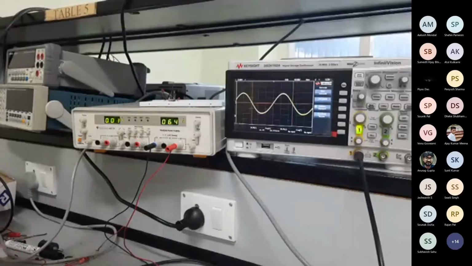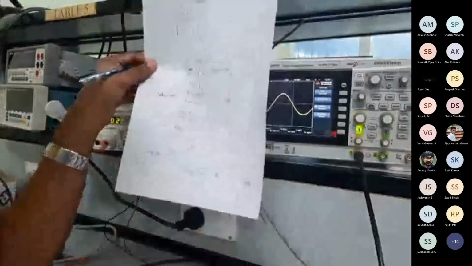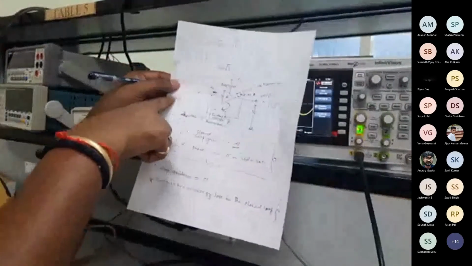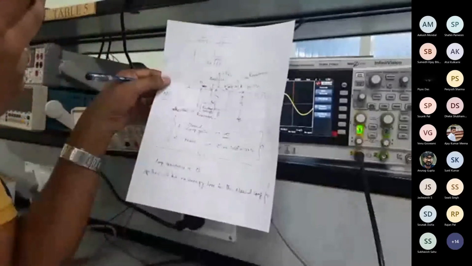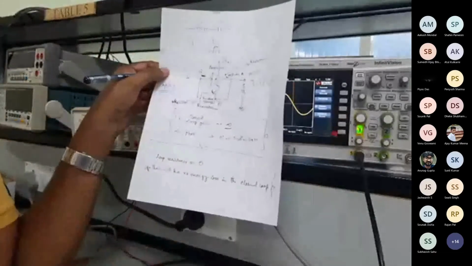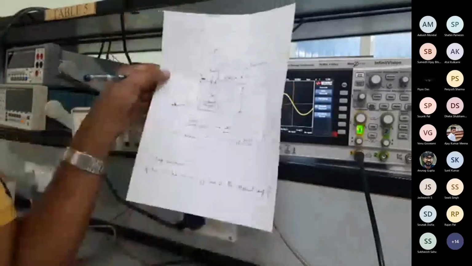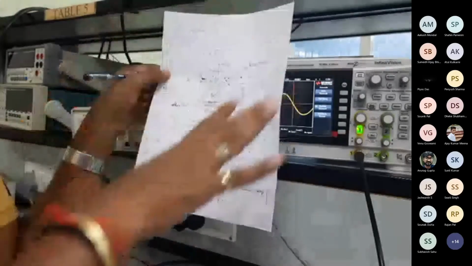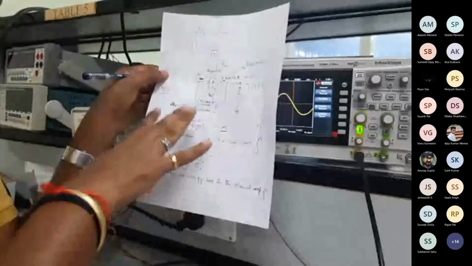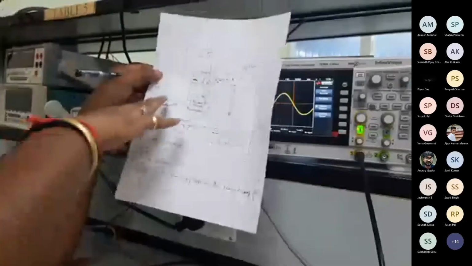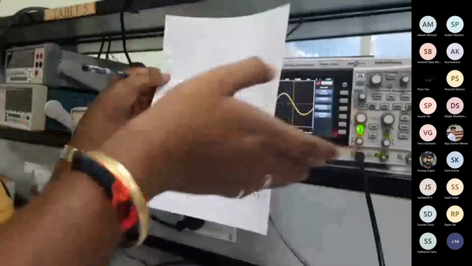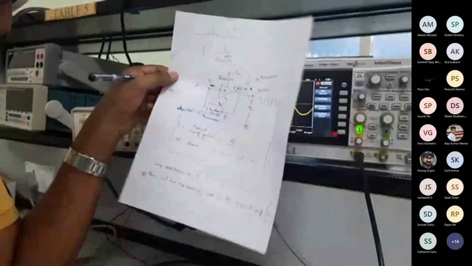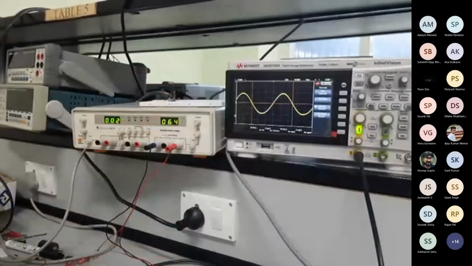So practically, the gain A beta should be greater than 2 or 3 times, so that there will be some stray capacitance or impedance, and some losses present in the circuit, which can be compensated by making this greater than 2 or 3 or something. Okay, in the practical circuit. Now come to the actual circuit.